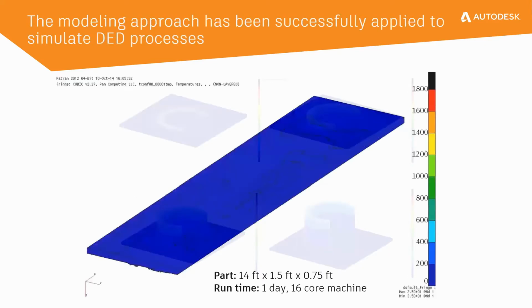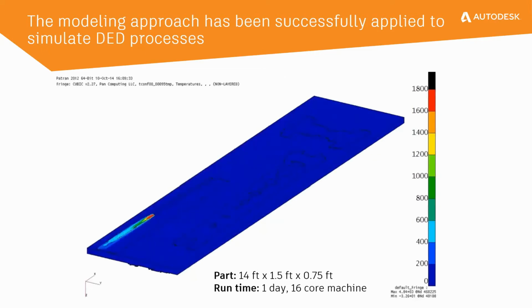Now, how did we test this out? How did we validate that this new element that we have made is doing the job or not? We tested it out on a DED process simulation. Now, why did we choose the DED process? That's because it is very similar to the powder bed additive process, which is what the 4-inch by 4-inch example was that we previously saw. However, in the DED process, the heat source is significantly larger and moves much slower. And that means that a solve is basically simpler to do,